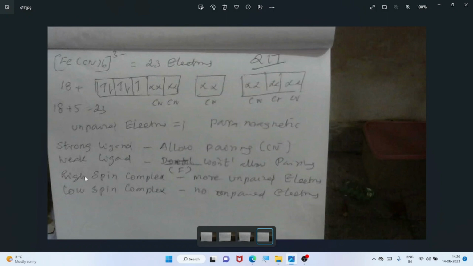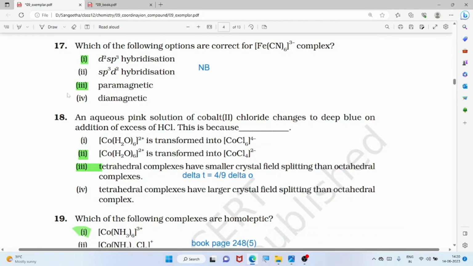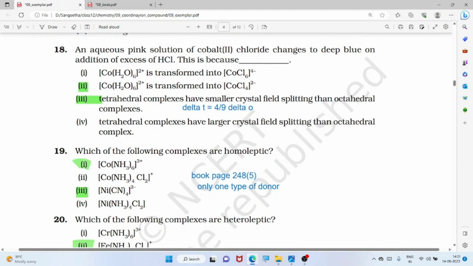When you have a strong ligand, it will allow pairing. Weak ligands, it won't allow pairing of the electrons. So there will be unpaired electrons. High spin complex means more number of unpaired electrons. Low spin means no unpaired electrons will be there. Low spin complexes. Okay. Aqueous pink solution of the copper chloride changes into deep blue on addition of the HCl. This is because, see here, the tetrahedral complexes have this molecular, because based on this formula, and this is